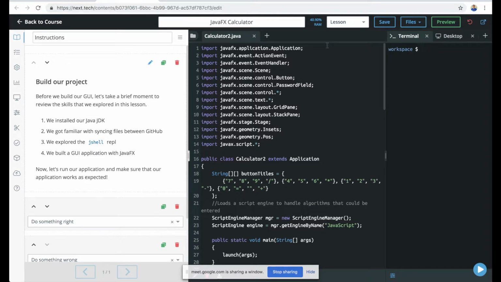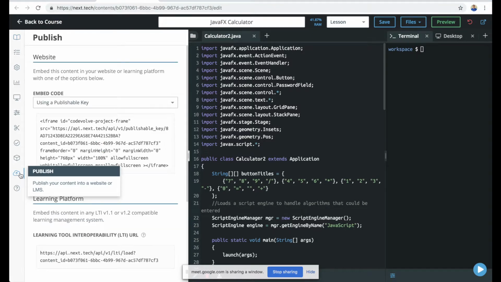This particular exercise, the student is building a calculator using Swing and Java. So let's embed this into the LMS LTI consumer tool. To do that, you want to scroll down to the Publish tab down here on the bottom left of the options. There's going to be a few different options because there's multiple different ways that you can embed our